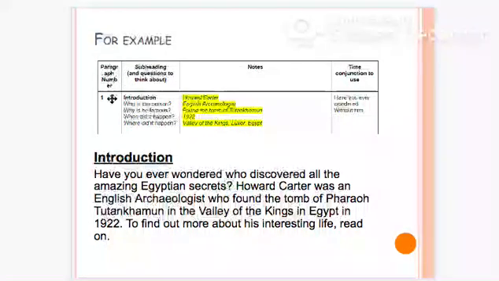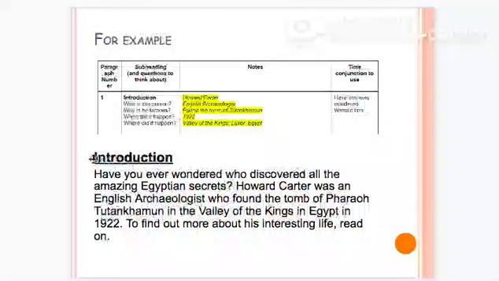So here's an example. So at the top you can see the first section of my plan from yesterday. So I had the questions that I was talking about. These yellow bits are my notes, and here are a couple of time conjunctions that I wanted to use. So you can see I've just got Howard Carter, English archaeologist, found the tomb of Tutankhamun, 1922, Valley of the Kings, Luxor, Egypt. But that's not very helpful for my full